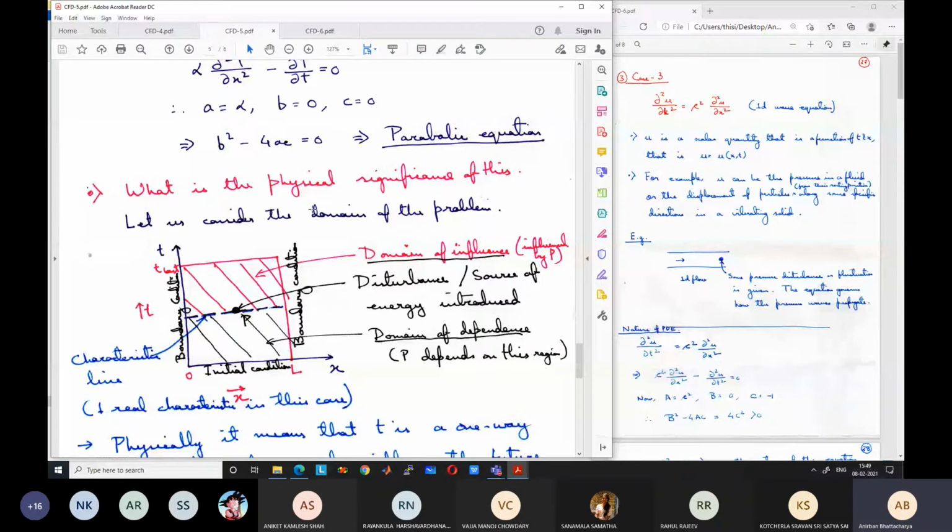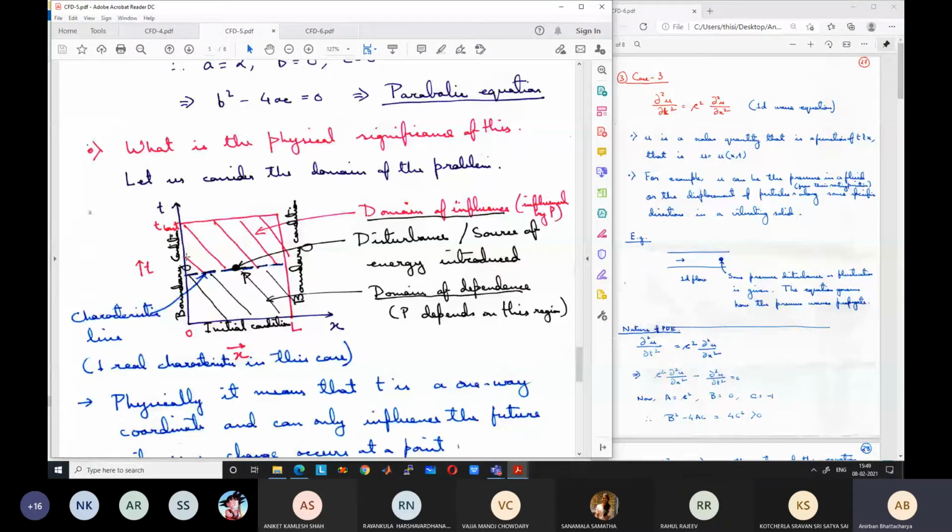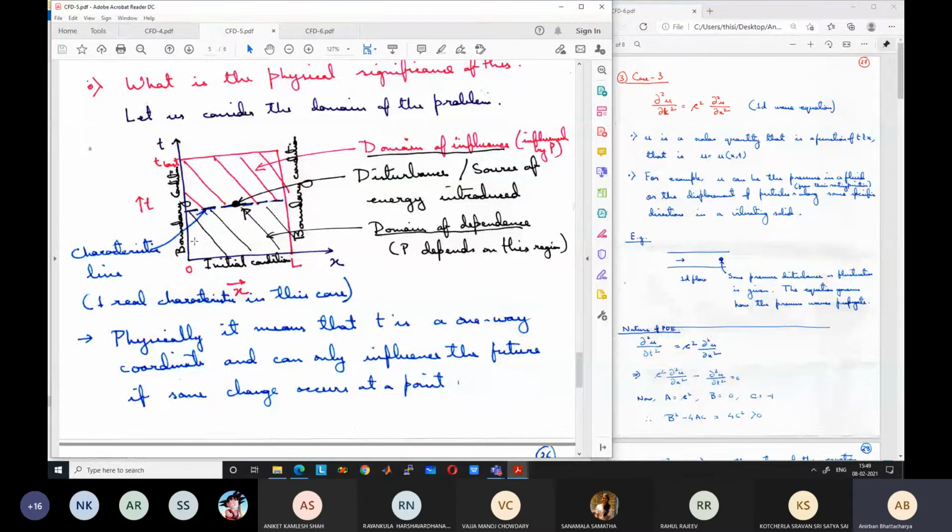So what it means is that if there is a domain with respect to x and t, in this case the two independent variables are x and time, the domain can be represented in two-dimensional form, where x varies from 0 to l and t varies from 0 to some last time, t last. Any horizontal line within this domain, say this horizontal line through P, what does this represent?